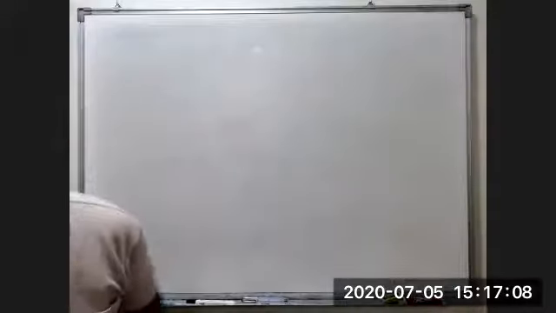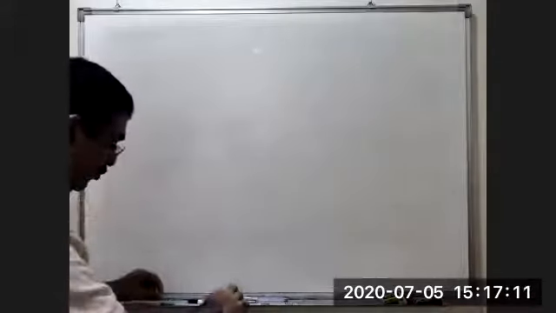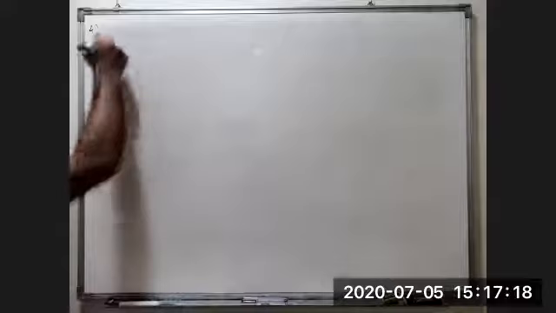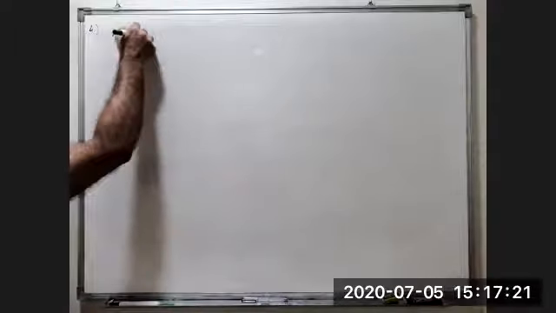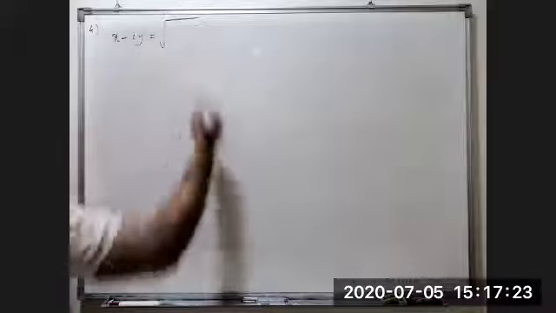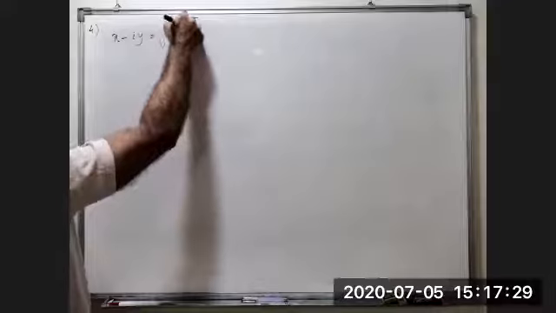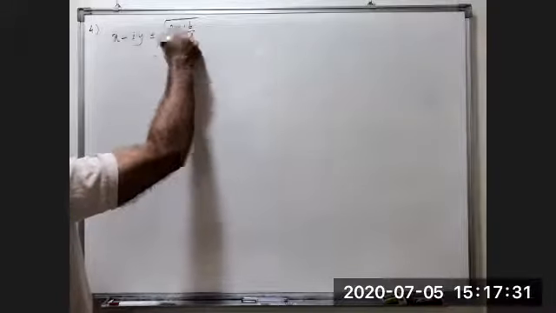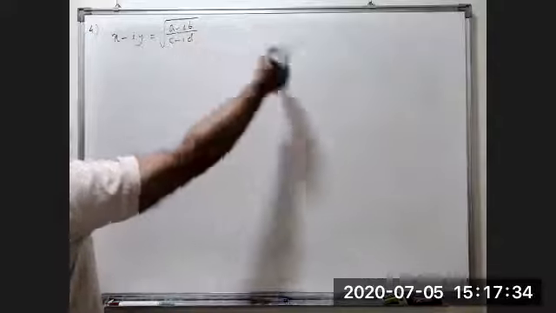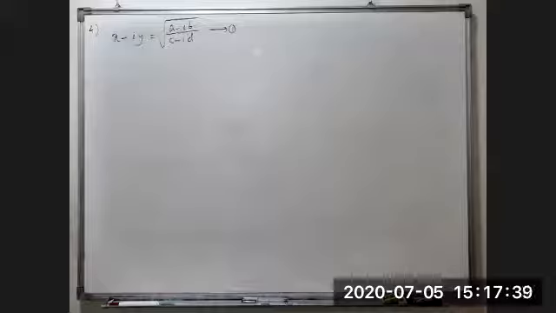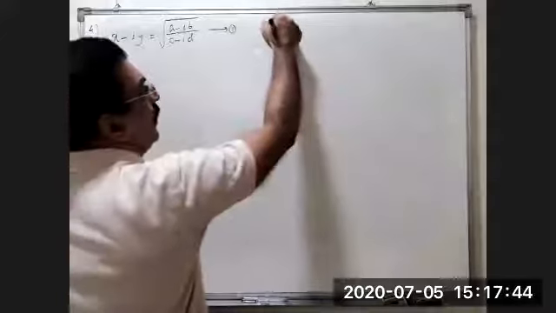The next question is question number 4. Remember these types of questions. If x minus iy is given as the root of a minus ib by c minus id, keep it as equation number 1. x minus iy is given as a minus ib into c minus id. The question is to prove that